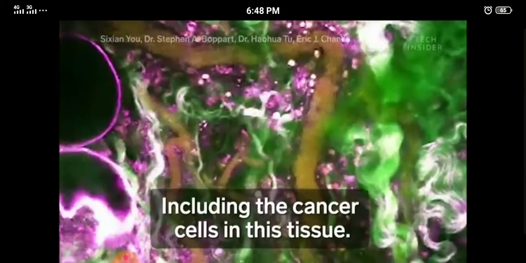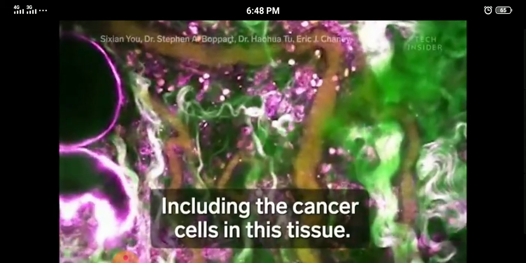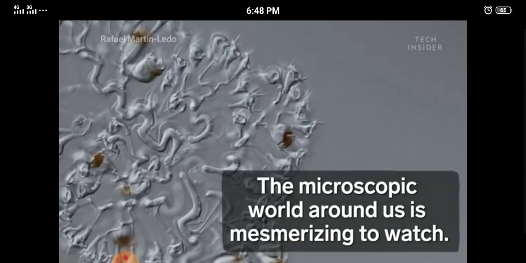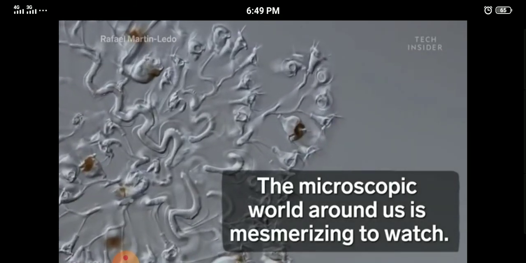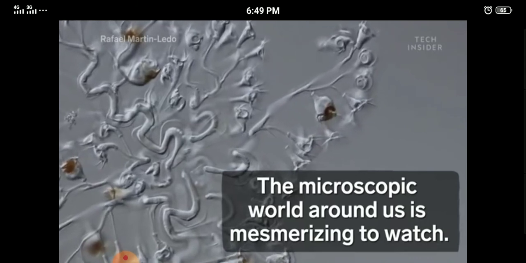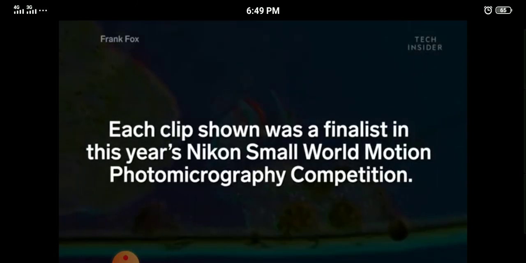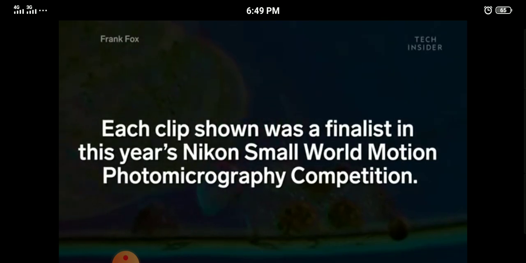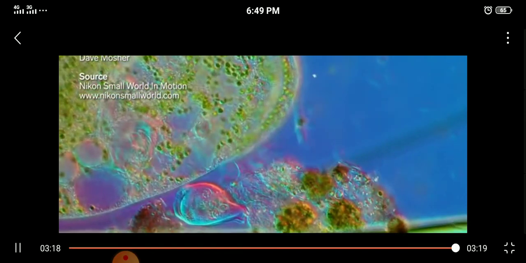Those are the antibodies in our body that are fighting against diseases. You can see. So the microscopic world is actually a mesmerizing world that we can see under the microscope. It is completely different from our actual world. So it's a very good blessing to have a microscope and to study life under it, because it has completely changed our life. That's all.